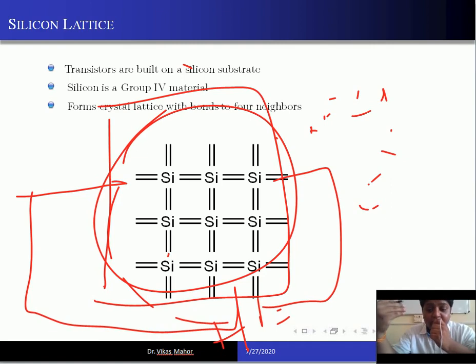Now, how do you make it a conductor? By giving energy to it. You may give energy in many ways: heat energy, sun energy, or electrical energy also. How do you give electrical energy? By applying a voltage across it. So these are the many ways you can give energy to it so that the covalent bond may break. Apart from giving energy, there are some other ways where you can break the bond and get free electrons. Let's see those ways.